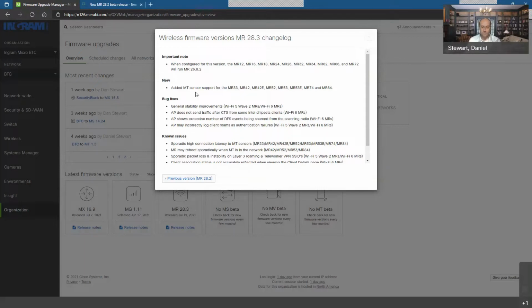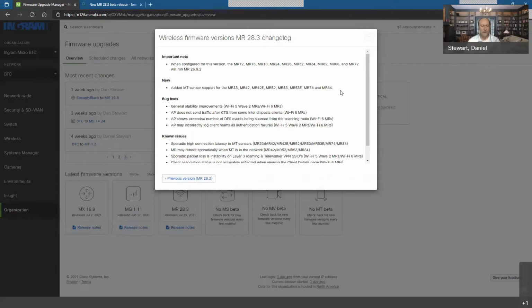Okay, so previously it was only available as being a gateway on the Wi-Fi 6 access points. Exactly correct. Yeah, the Wi-Fi 6 product as well as the second generation cameras would be the gateways for the MT sensors at launch. So now, post launch of the sensors, Meraki's looking at the community and saying, hey, we understand not everyone's got a Wi-Fi 6 deployment, although highly recommended to go that direction. But if you did still have those access points as you see listed across the line here in your environment